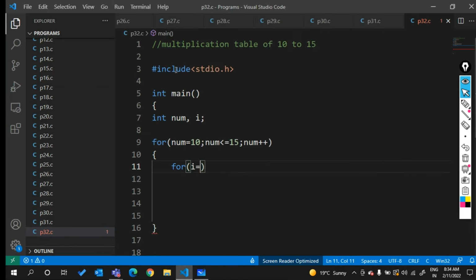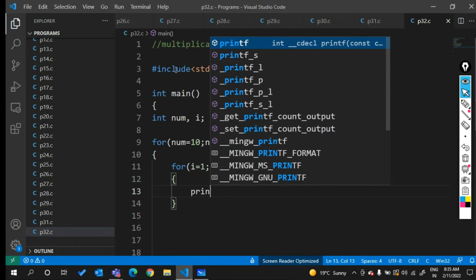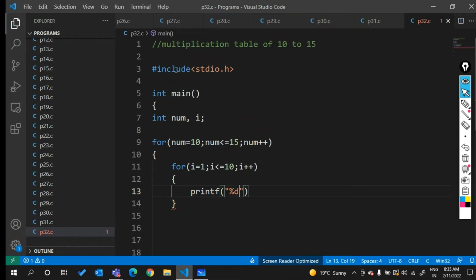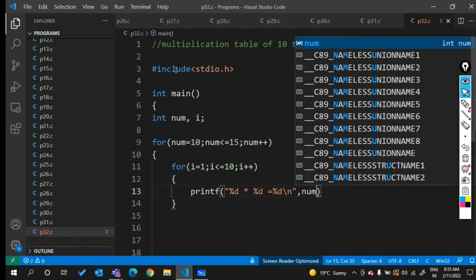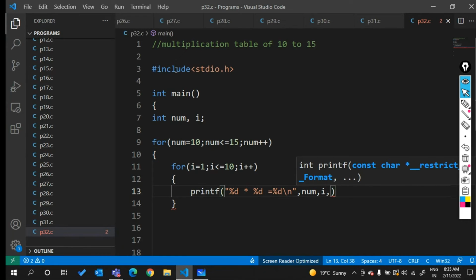For i is equal to 1, i less than or equal to 10, i plus plus. Here I will printf percentage d multiplication percentage d is equal to percentage d, slash n. Then number multiplied with i,